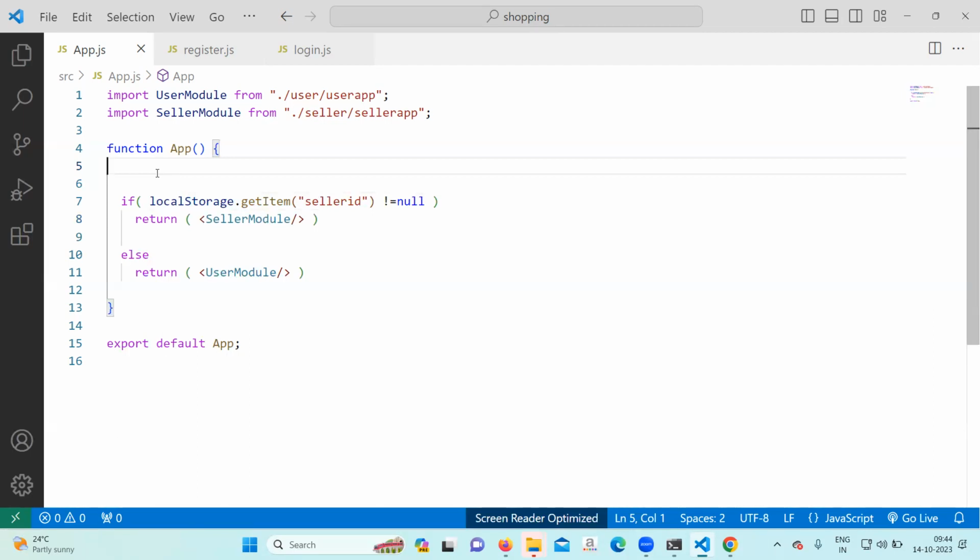Local storage dot get item seller ID not equal to null. Seller ID not equal to null. Then